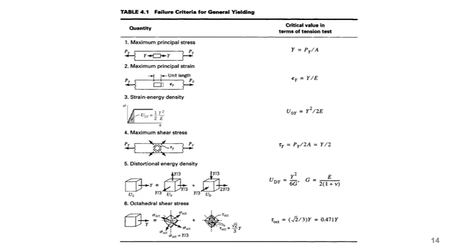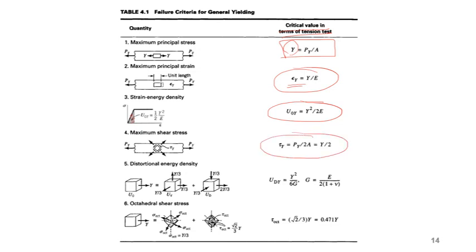Now, these are the different criteria. For general yielding, the critical value is taken from the uniaxial tensile test. What are the critical values from the uniaxial tensile test? For maximum principal stress, it is sigma y. For maximum principal strain, which is not used widely and so we didn't discuss it, it is epsilon y, meaning the strain at yielding. For strain energy density, it is the area under the stress-strain curve till yield. For the maximum shear stress criteria, tau y is equal to